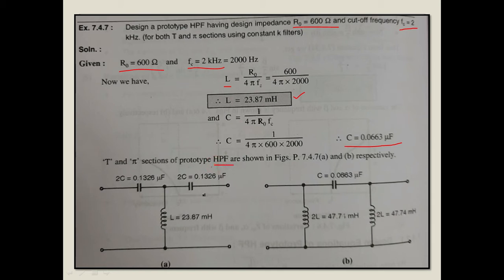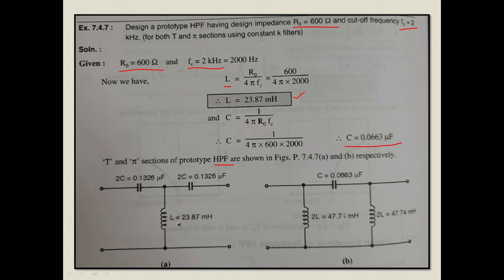In the case of the high pass filter, below the cutoff frequency the attenuation alpha is equal to infinity, so below the cutoff frequency all frequencies are attenuated or rejected, and above the cutoff frequency all frequencies pass from input to output side. The second difference is in the series arm impedance. In the series arm, a capacitor is used. Its value is 2C in the case of the T section, and